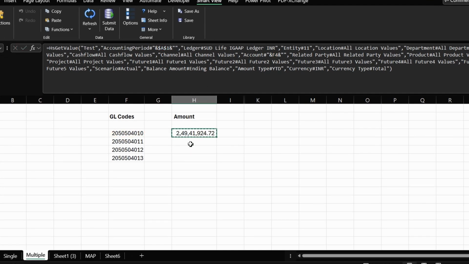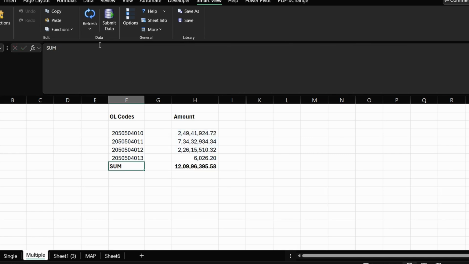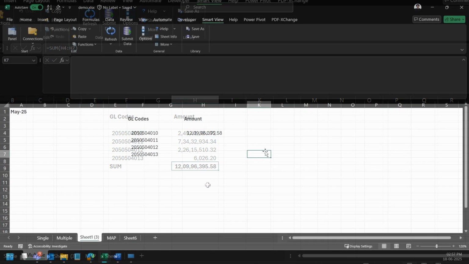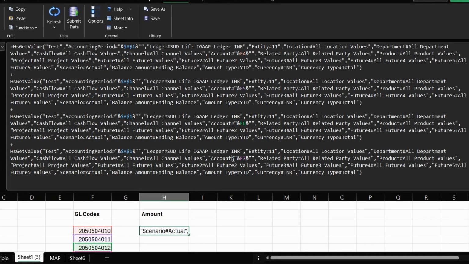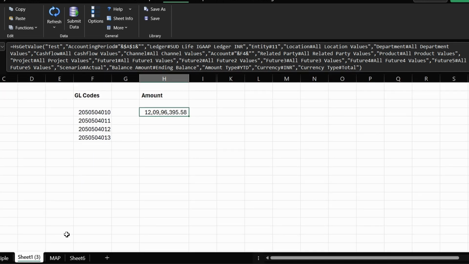a different cell, which is fine, but this creates unnecessary working cells, which I don't really like, because as the quantum increases our number of cells would also increase, and let's say I want to make a minor change. In that case I will have to make changes in each and every cell. So the other solution can be to keep reusing the HSGetValue formula again and again in a single cell, something like this. This also works without any issues, but again it's harder to maintain and make changes in future, as I